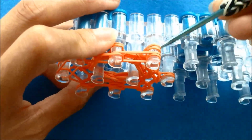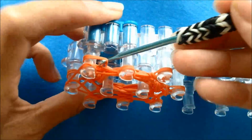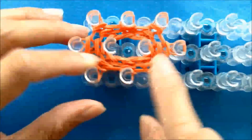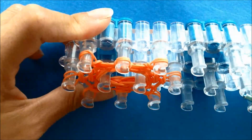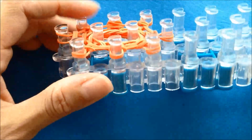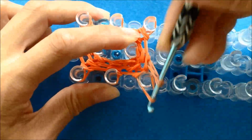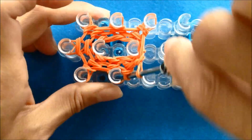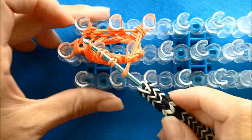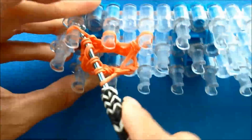Remember, we only want to have 2 loops left per peg, going around our 8 pegs and looping the bottom 2 bands up and over. That was row number 4. Now we're going to take all the loops onto a hook. I'm going clockwise around my loom. Make sure you grab the 2 loops off of each peg